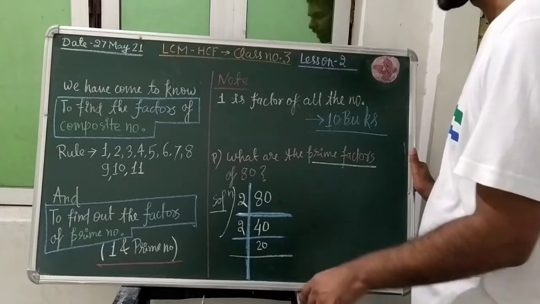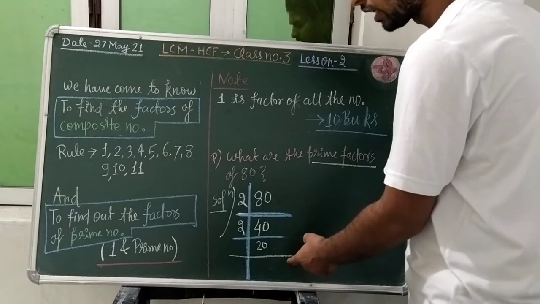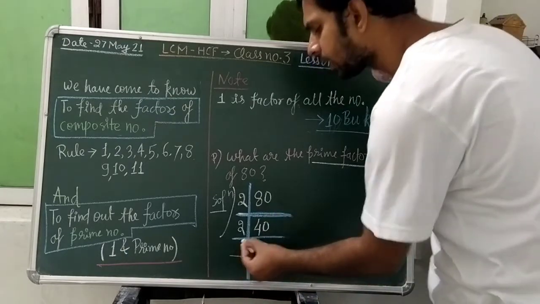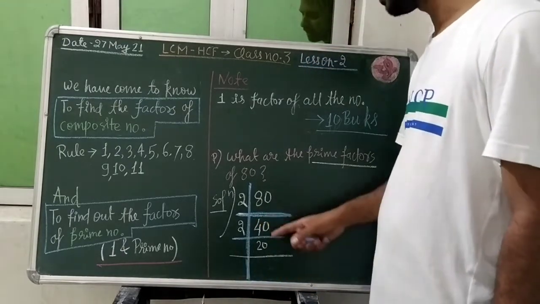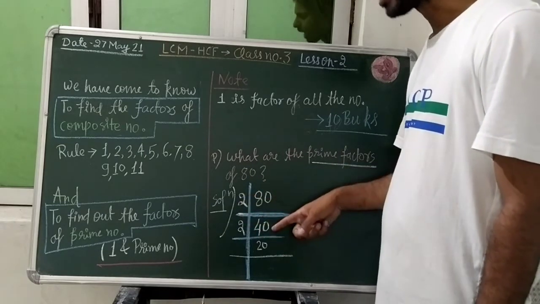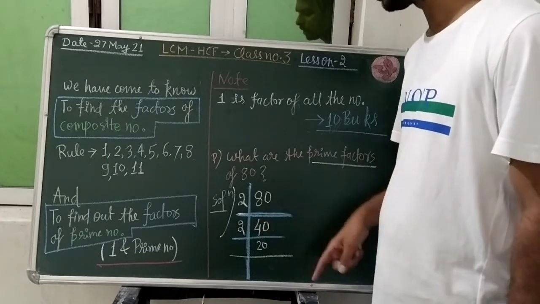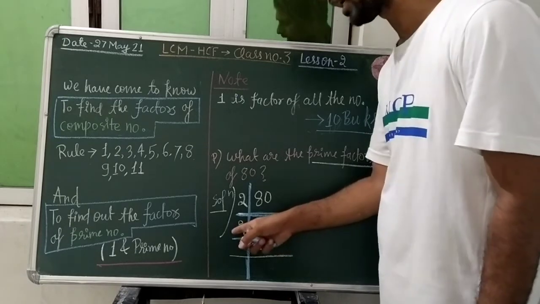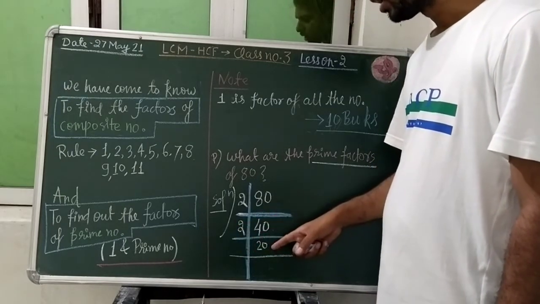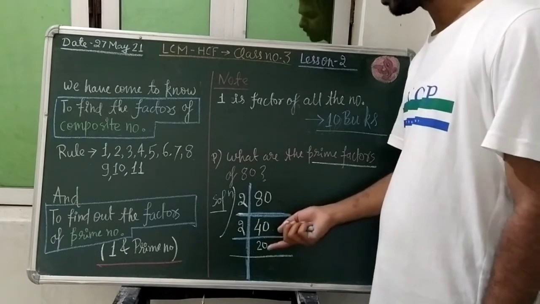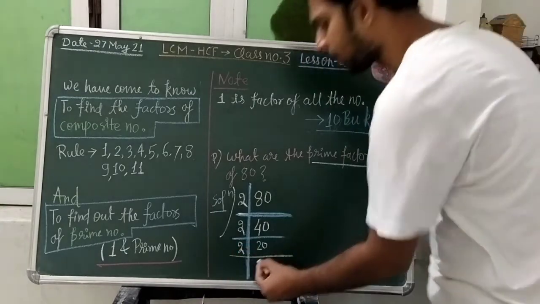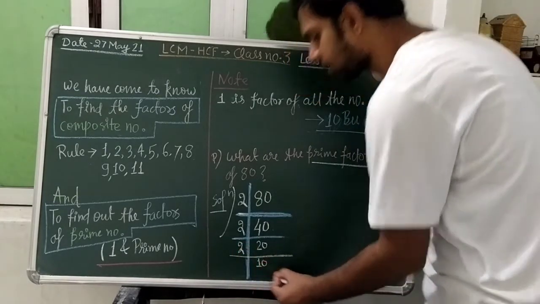So once again the horizontal line. Whether 2 is dividing the 20 now? Yes, 2 will divide the 20. Once we have divided the 80, we are getting 40. Again we have seen that 2 is dividing this 40, so again we will select the 2. Now you are getting this 20 here, and you are looking that 2 again will divide this 20. So we shall select this 2 here. And how many times will it go? 10 times, friends.